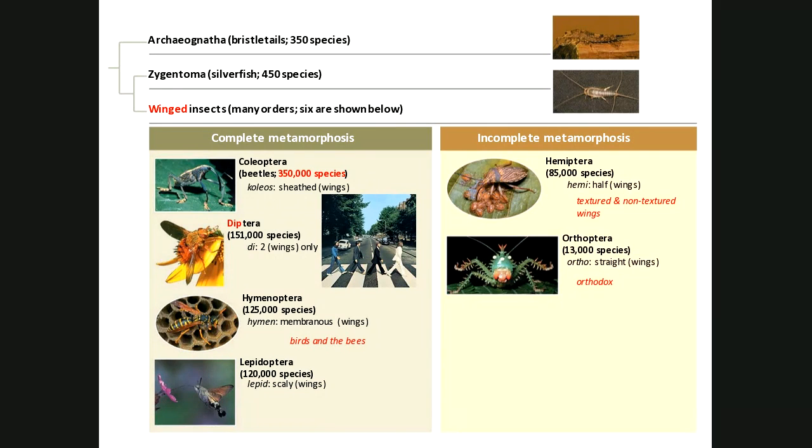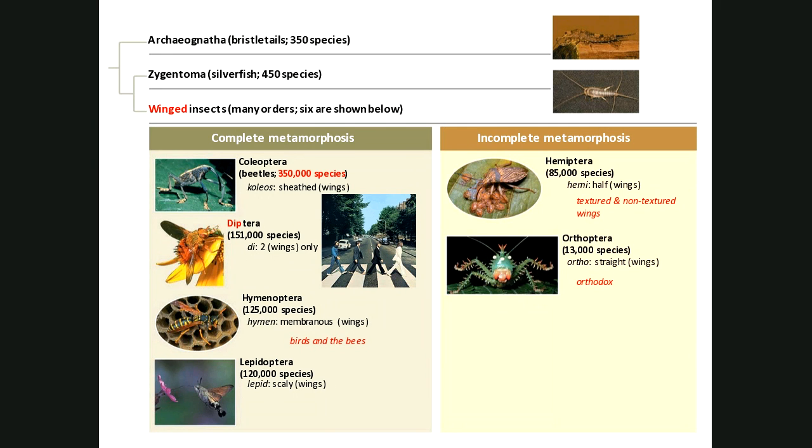So these would be the insects that look like they have two sets of wings. Basically, the one thing comes up and then the wings are underneath it. Those would be beetles, Coleoptera. Diptera only have two wings, so they don't have the beetle wings. The sheath over the wing is actually not a flyable structure. The wings are underneath it, but the Diptera organisms you see, like, I don't know what kind of little insect that is. It's not a bee, but they've only got two wings.